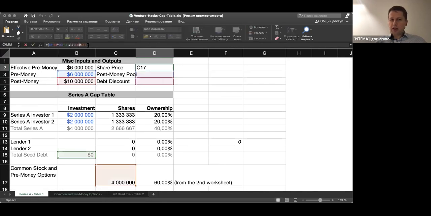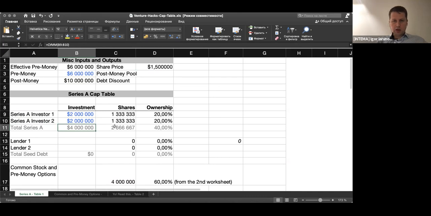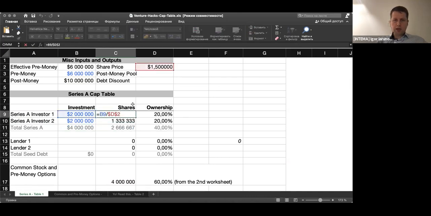There is a bit more complicated calculation inside. We will focus on it further. So these guys invest 2 and 2 million, investor 1, investor 2, totally 4. How many shares can we receive? We will divide 2 by 1.5. So 1,333,333 shares is going to be 20%. So everything is obvious. But what happens,